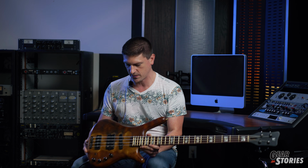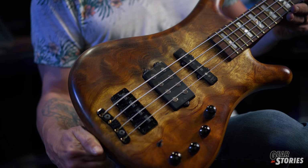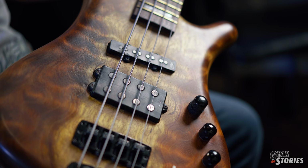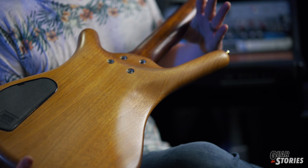It's a Corvette body style, so it's got this kind of double cut standard shape. But what they did back then that they don't really do now for the production line and the German production stuff is it still has the bell brass frets and it has their MEC electronics, which still comes standard. This is a swirly bubinga top. It's gorgeous and it hasn't faded over time. It just keeps getting more vivid, and as the light hits it, it just moves. Gotta love it. Walnut back. It's like wood porn all over. I don't know if I can say that, wood porn,